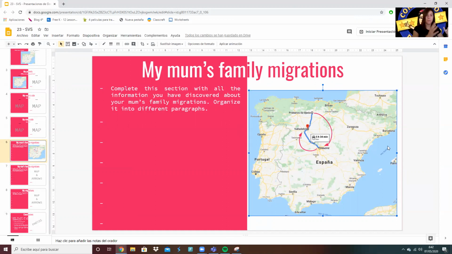First, transferring the information and then using Google Maps to look for the places where your different family members were born and the migrations in it, all right? If you have any questions, you can ask me in Classcraft and I will help you, all right? And now,